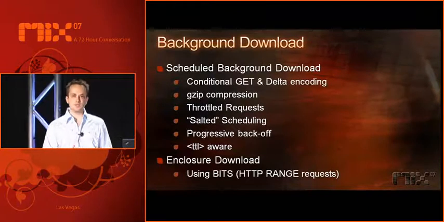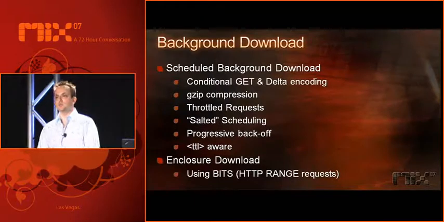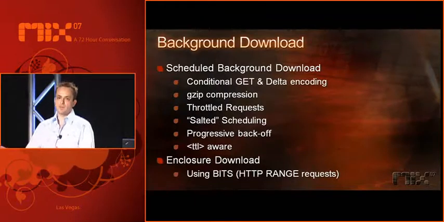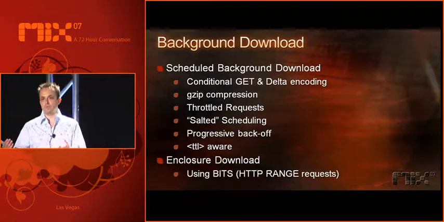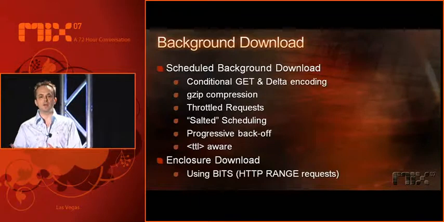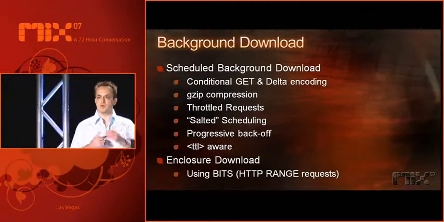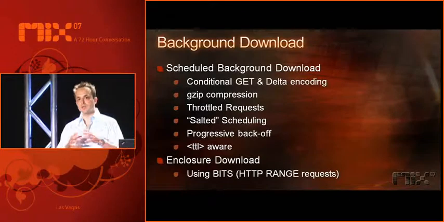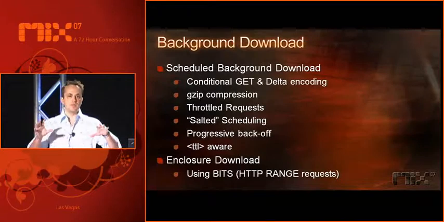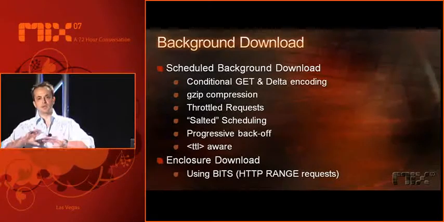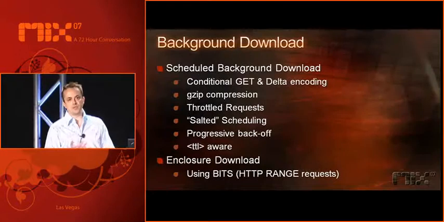So after a feed has been downloaded, we go and schedule it and say, okay, it needs to be downloaded in 24 hours from now. But we're adding a fraction of 10% to that, and that is randomized. So anywhere between 24 plus 10% of 24 is randomized into that. So that basically over time, if you aggregate that over hundreds of millions of people, the number of hits gets spread out over time,